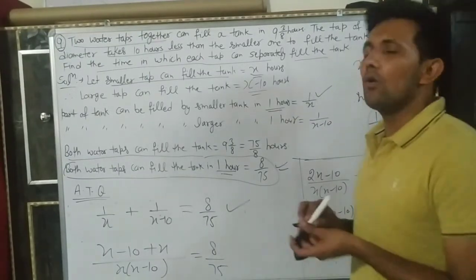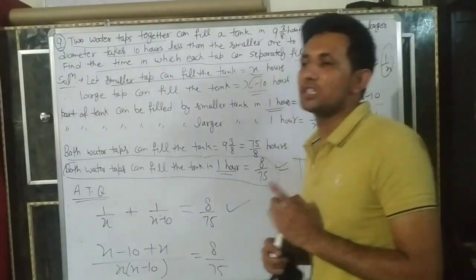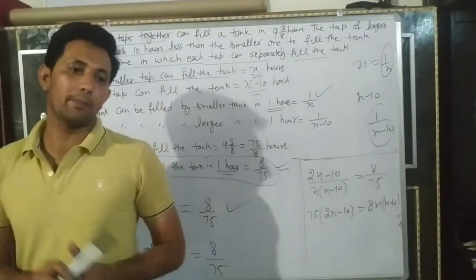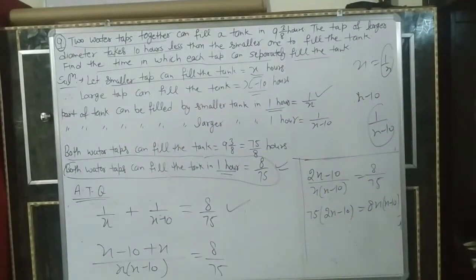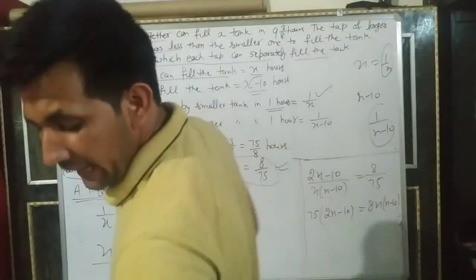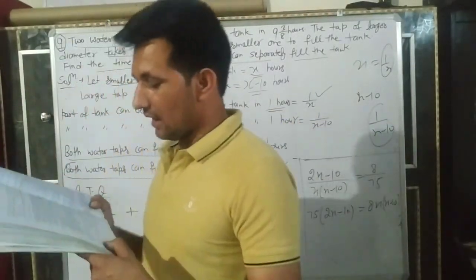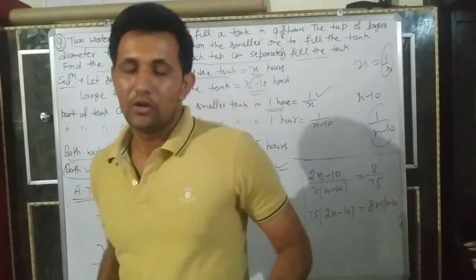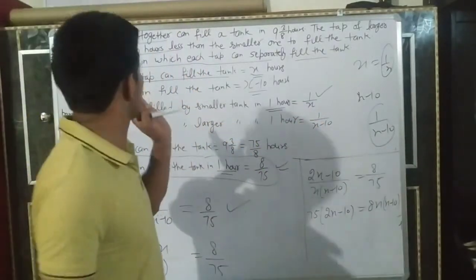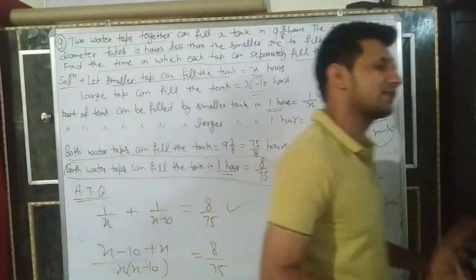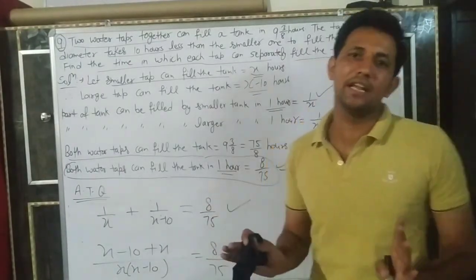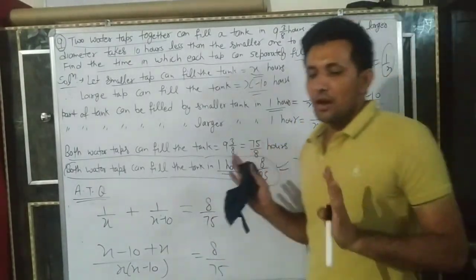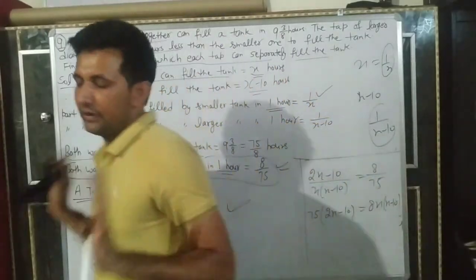Understand? We have already finished exercise 3.6, second question, second part. So please note it down. Only 2 more parts remain of this exercise: question number 10 and question number 11. So you have to solve question number 10 and 11 yourself. All are the same; only you have to make the equations. Understand here? So our exercise has been finished.